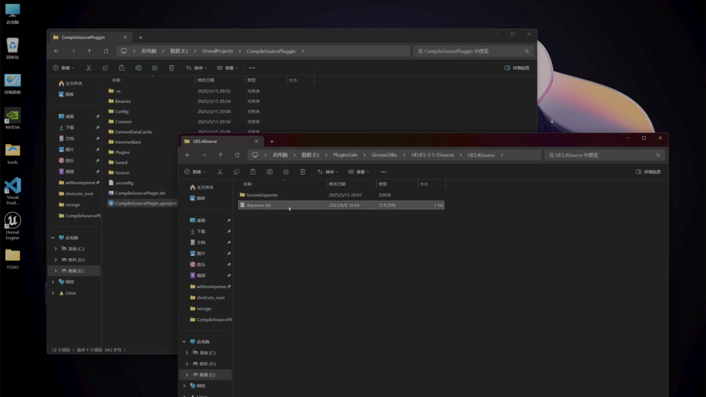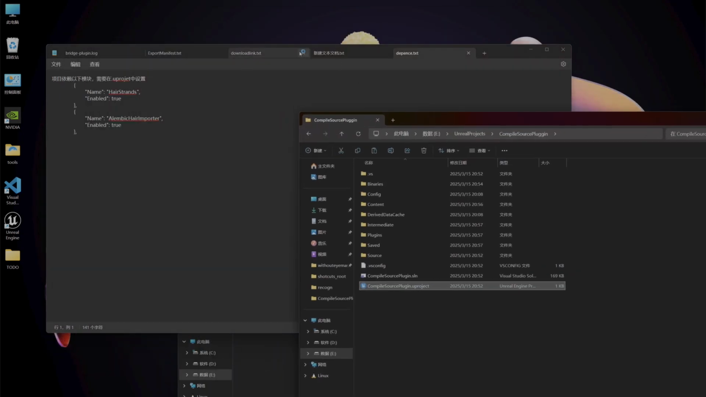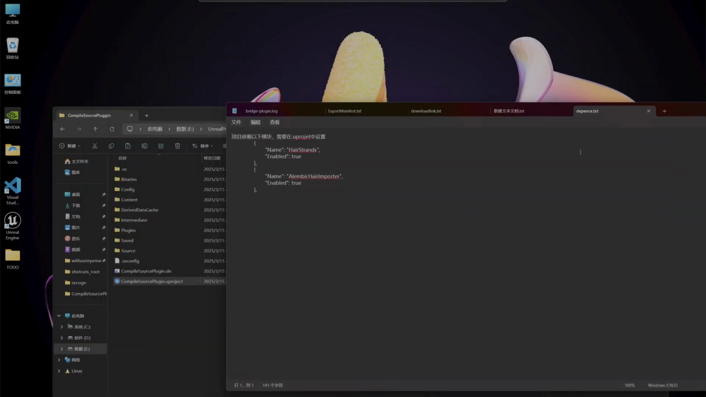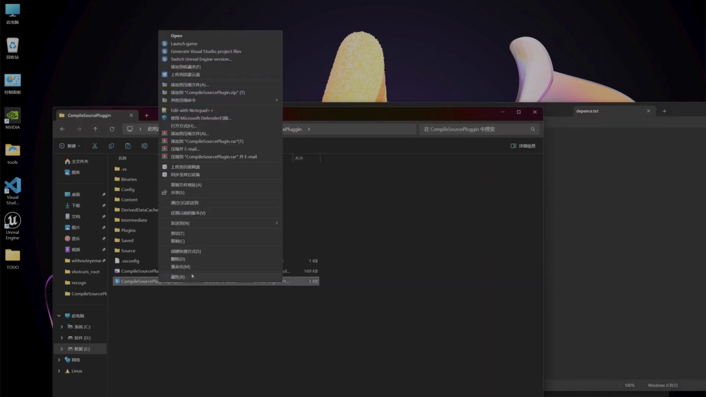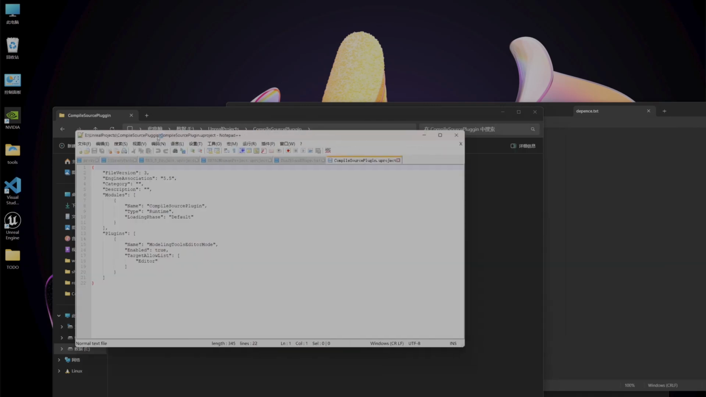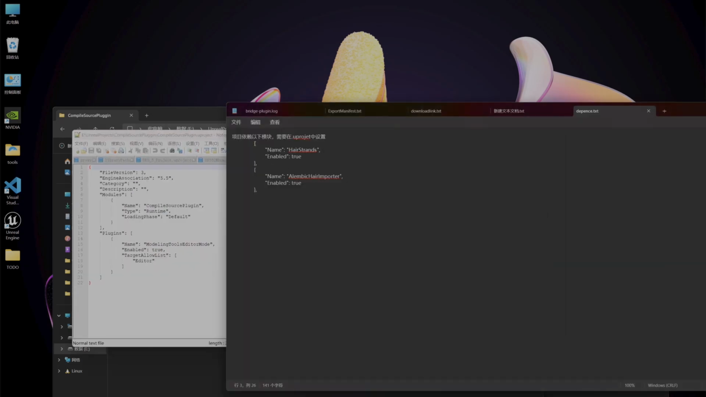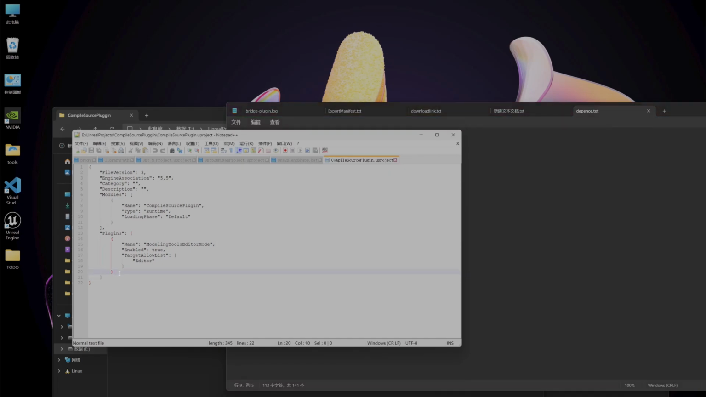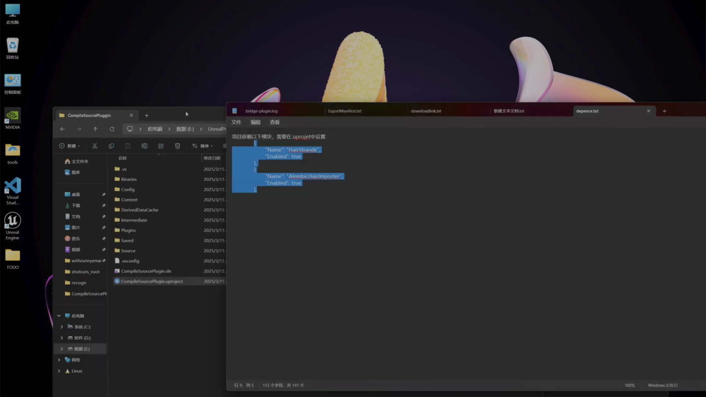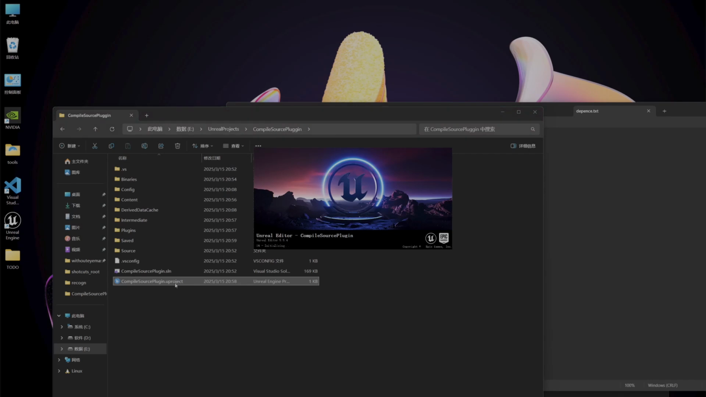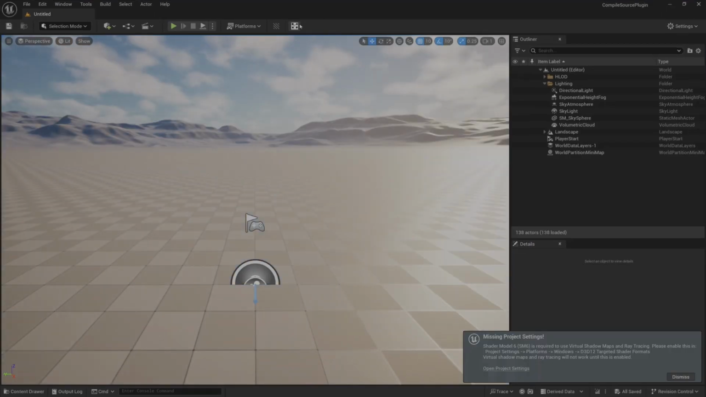We add the dependencies of this plugin to the UE5 project file. We use a text editor to open the UE5 project file. Then copy these two required dependencies to the project file. Pay attention to using punctuation marks in English here. Then delete the last punctuation mark. At this time, double-click to open the project. We compiled plugins without seeing the menu bar,